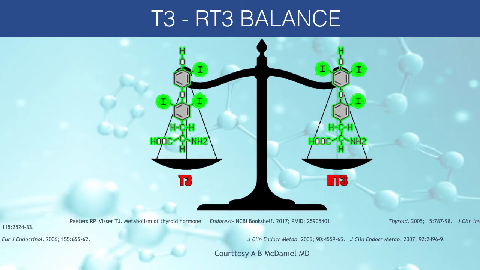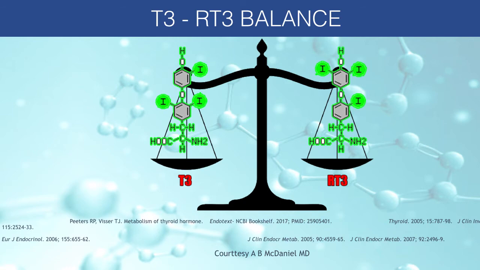The T3 to reverse T3 balance is extremely critical, and the body very tightly controls how it will process the T4. Because remember, 90% of the output of the thyroid gland is in the form of T4. So the body has to regulate what it wants to do. Okay, so you're seeing T3, you see how the different iodine molecules missing? That is the only difference. So the conversion of T4 into T3 versus reverse T3 is going to determine how much thyroid function we have going on in the body.